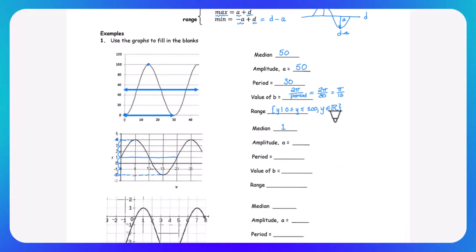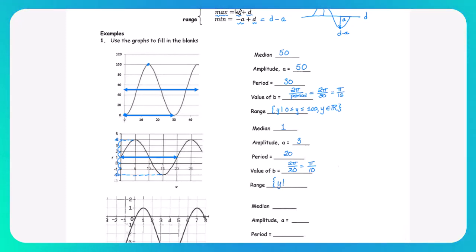And what about the amplitude? Well, we already counted that up. It's 3 units either to the max or to the min. So we're going to say our a value is 3. Now, what about the period? Well, the period goes 1 complete cycle. And for this one, that's 20, which means our b value is 2 pi over 20. Let's reduce that down to pi over 10, so dividing top and bottom by 2. What's our range? Well, let's write that one in. y such that